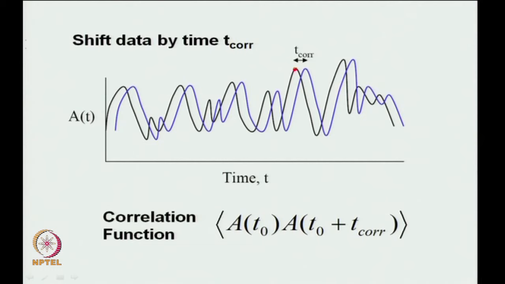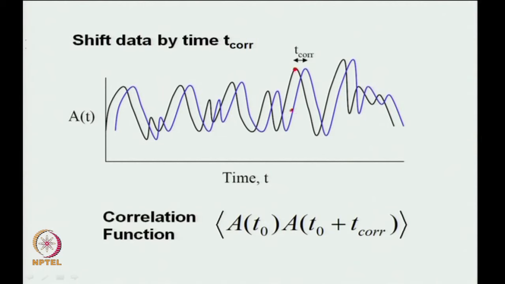And what is t correlation here? T correlation is the shift I have in terms of what? In terms of the blue curve and the black curve, right. Now, if this is how I define my correlation function, what will happen? You can see if initially this was on top, then these two would absolutely be correlated. Now, what is happening is this one is slowly moving out, this one is slowly moving out. Because it is moving out as compared to this one, now say here the value of this one is this,